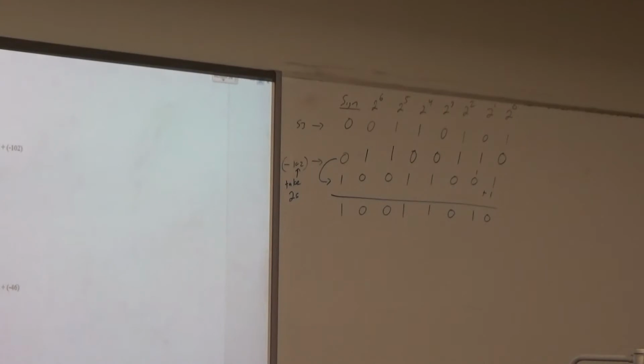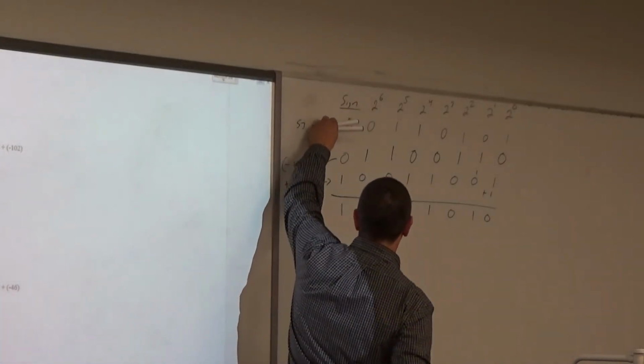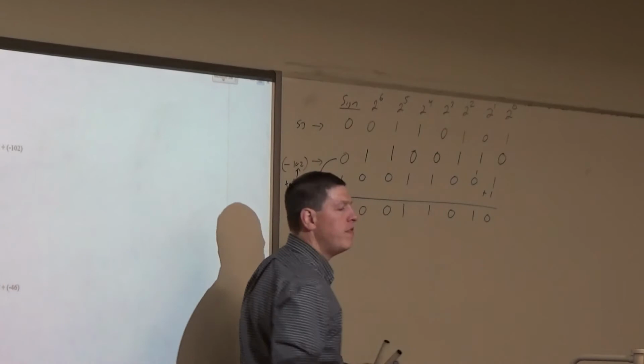So, is this okay with everyone so far? Any questions that I can answer? If for some reason you have a negative, first thing you do is write out the number without the sign, then you take the 2's complement of that negative number. Now what we're going to do is take the 53 and the 2's complement of negative